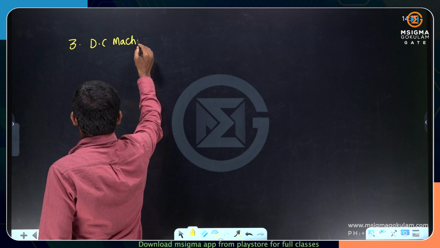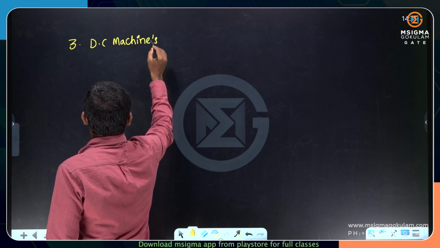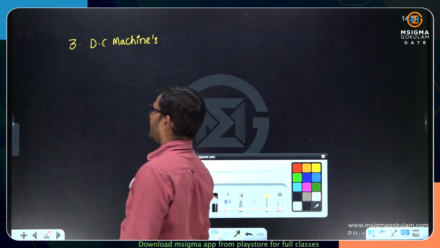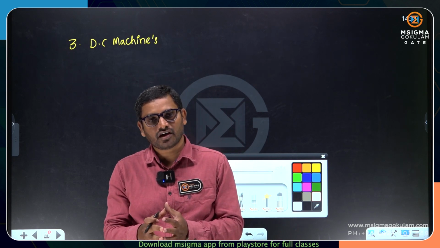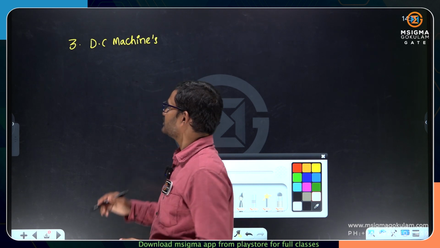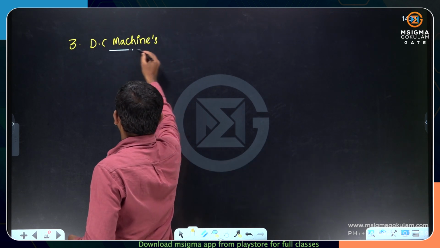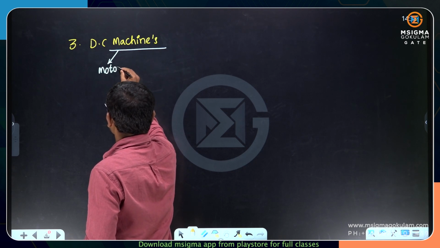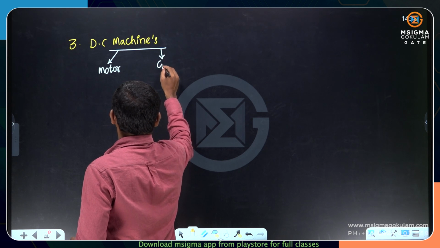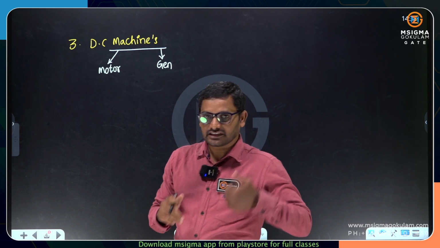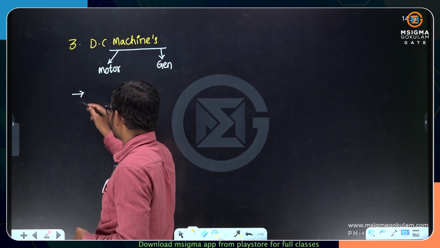As I said earlier, a machine can be a motor or a generator, right? In the induction machines, we concentrate more on the motor itself, not on the generator. But when it comes to DC machines, we have equal importance on motors as well as generators, and the important topics will be, they will be asking